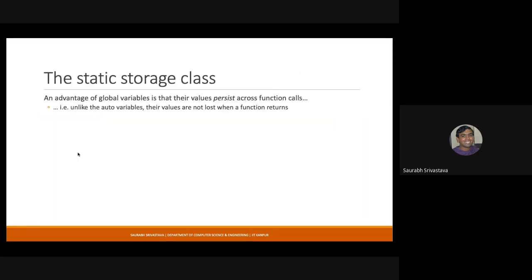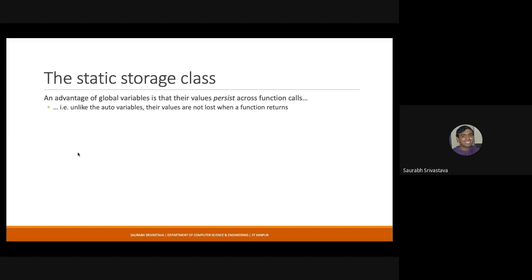Now, similarly, there is another storage class called the static storage class. Let me also tell you that static and global variables are stored in a separate location. There is a separate place where global and static variables are stored. They are not stored within the stack. So this memory is at a different location, and this is why it is unaffected by your program having different function calls.